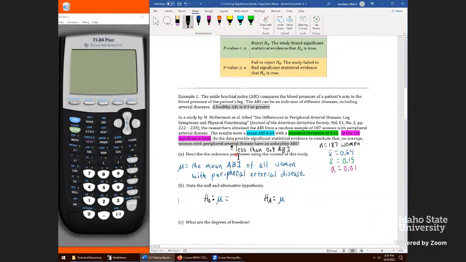From here, they're asking if women have less than 0.9 ABI for it to be unhealthy. So this turns into a left tail test with a less than right here. Other things we could put here, even though it's not strictly required, it's a helpful reminder. I usually put alpha on the same line I state the hypotheses, 0.01. But now we need to figure out what goes here